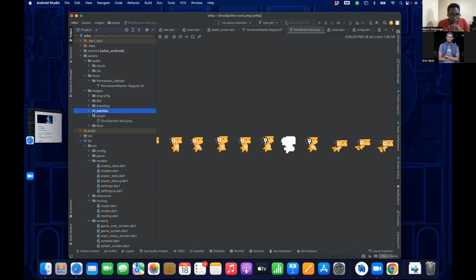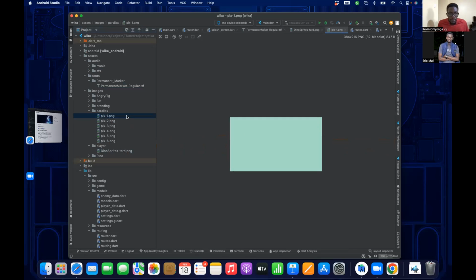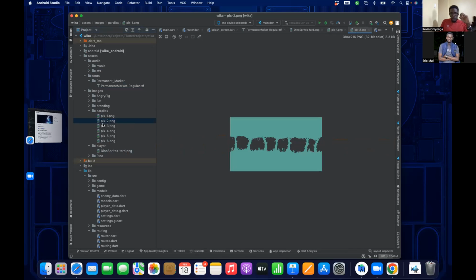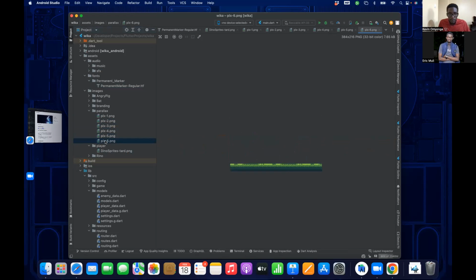For the parallax, as I mentioned, for the background, it's now like a layered background. So there's the first layer, the second layer, third layer. So I think you're seeing how it's coming together. So there's the ground and then the trees.